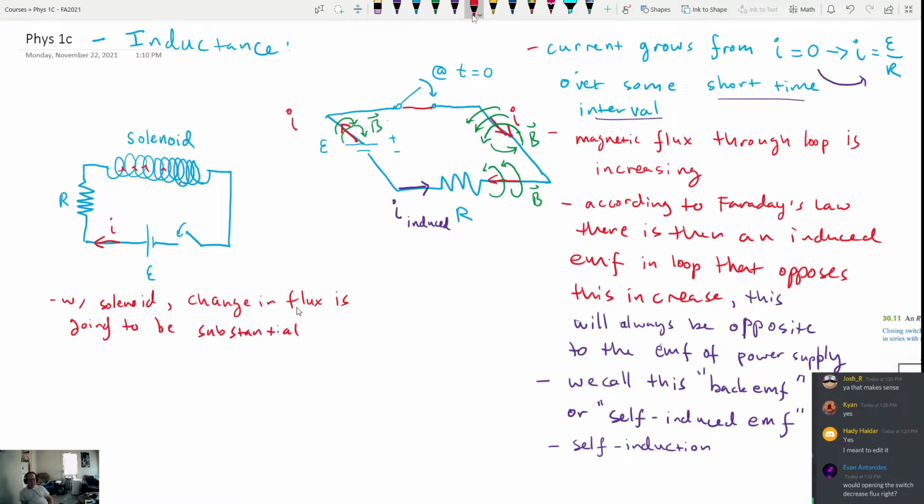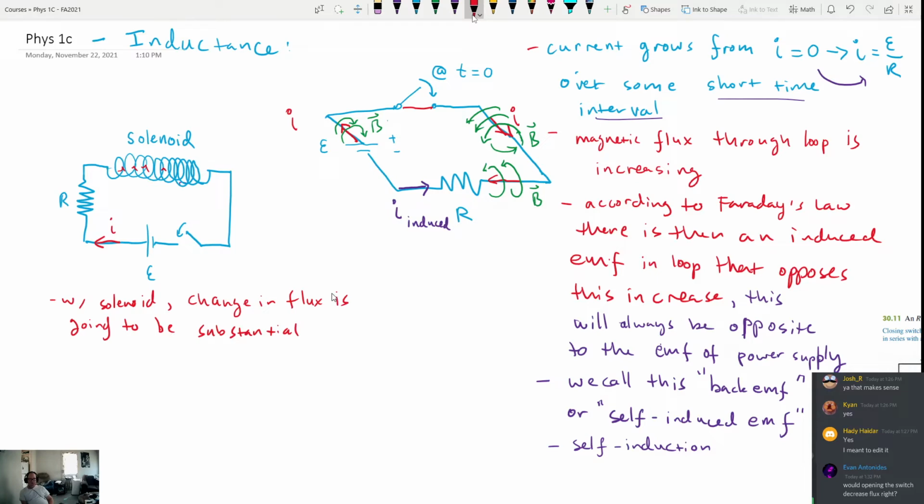Okay. We'll get to that in a second, Evan, but you're right, it would. Well, we're going to talk about that in a second. Right now, we're just talking about closing switches so we can keep things simple, and then we'll talk about what happens when you open the switch, but you're absolutely right. Opening the switch would cause a decrease in flux, and the circuit would actually make it so that the current wants to keep flowing. Anyway, so with the solenoid, the change in flux is going to be substantial, and as